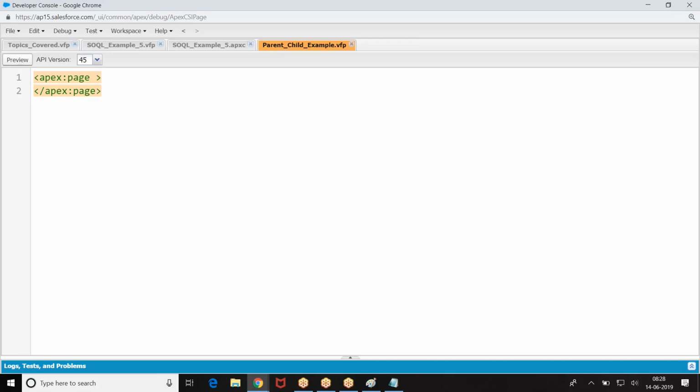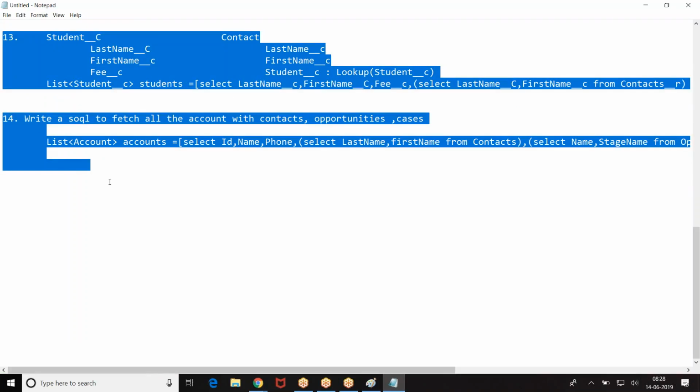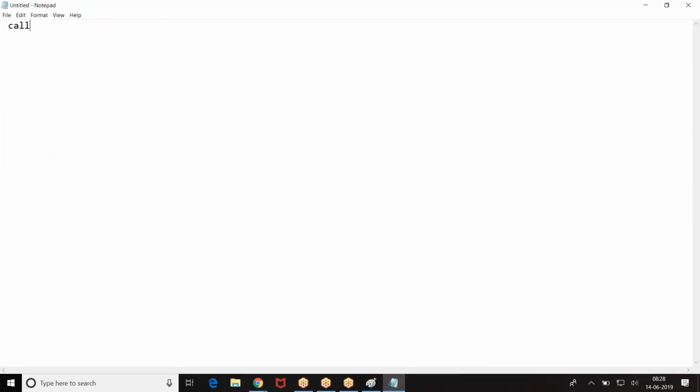Now, say a class contains 100 methods, and when you click on a button, one method is called. Within that method, 99 methods are called. All together is one transaction. Did you get my point? You call a method. Within that method there are 100 methods, but still it's only one transaction. When you invoke a functionality, let me give you an example.